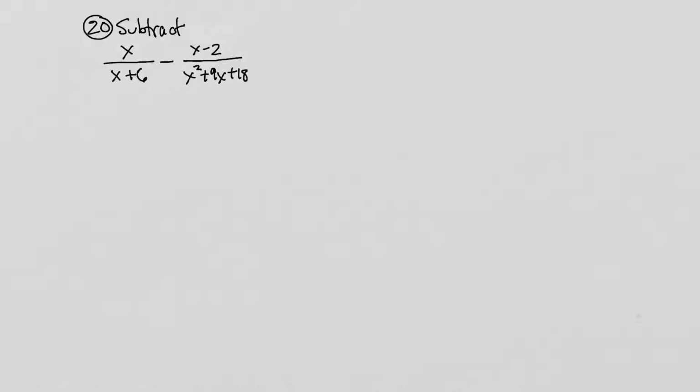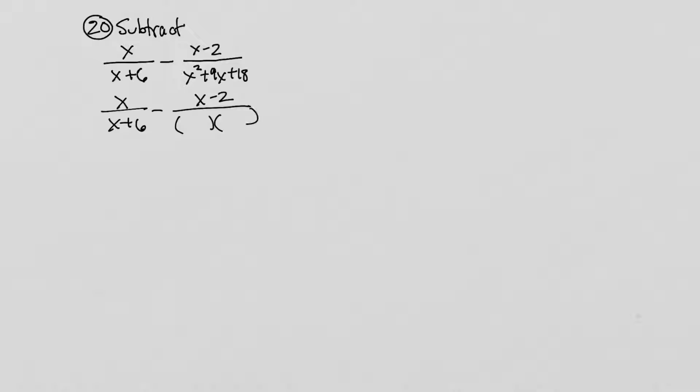We want to subtract this rational expression from this rational expression. So the first thing we're going to need to do is get the least common denominator, the LCD, and to do so we need to factor this denominator. So let's do that. Let's rewrite this as x over x plus 6 minus, now we'll get x minus 2